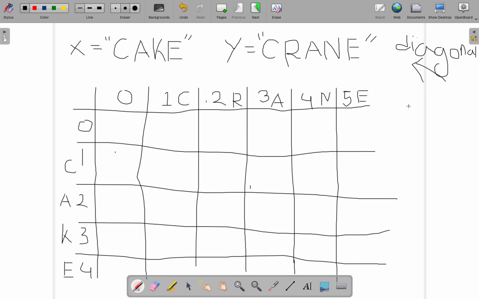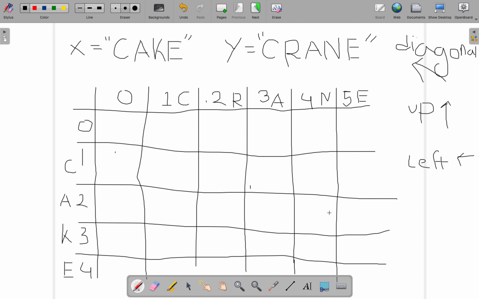Okay, the other one is up. So up would be represented by the up arrow, and the other one would be left. Left would be represented by the left arrow. In a lot of simulations online, you might see that the arrowhead is in the opposite direction. It might be in this direction, it might be here or here. It doesn't matter, it's all the same. Anyways, so 3 directions. One is diagonal, one is up, and one is left, and we will be representing them